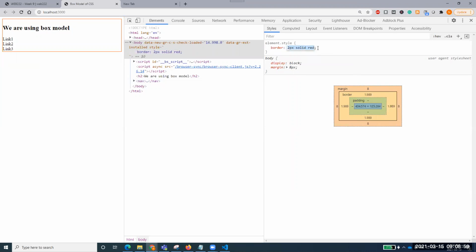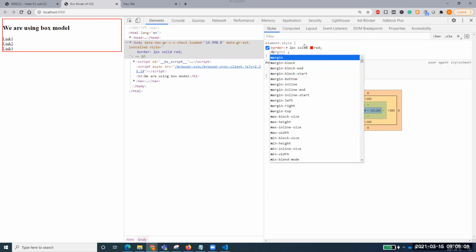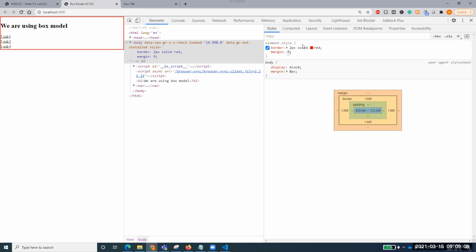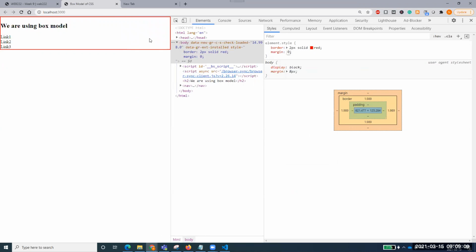Do you see that everything? And now we can see that effect interestingly. If I do margin, which is 8 right now, I make it 0. Perfect. Now, can you see that? It's interesting now. Our body is all stretched to my web browser, and not only is it stretched to the web browser, but it is also red colored, like a border around it.